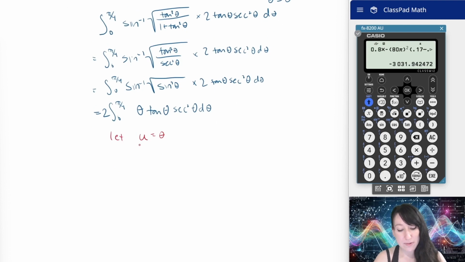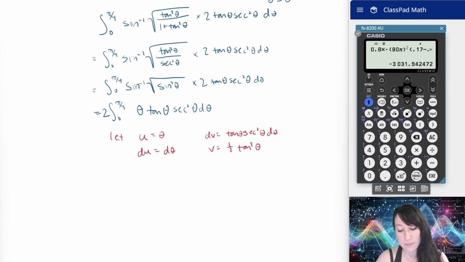So u is theta, du is just 1 times d theta, dv will be tan times secant squared theta d theta, so v will be, now of course the derivative of tan is secant squared, so it's a bit of a u substitution. We're essentially integrating u, which will be u squared over 2, so it's going to be